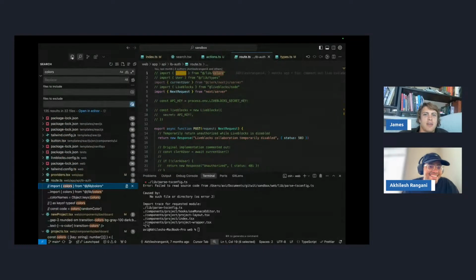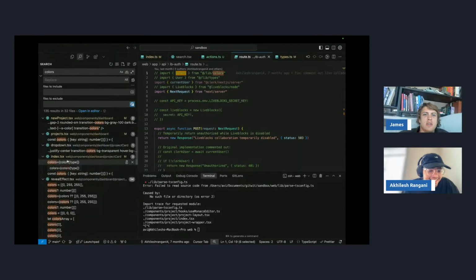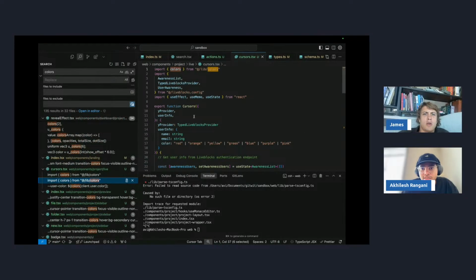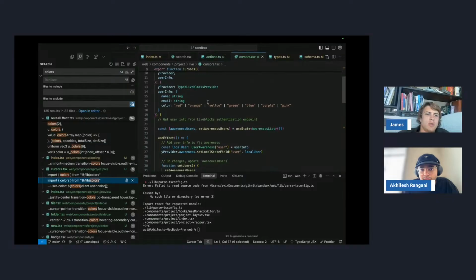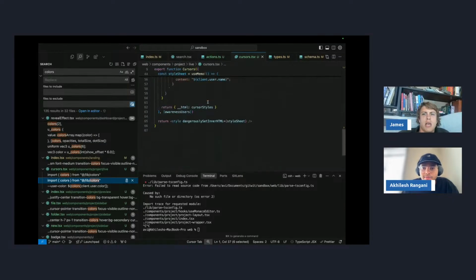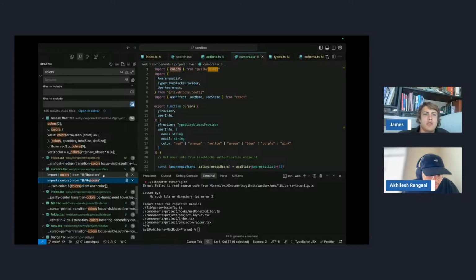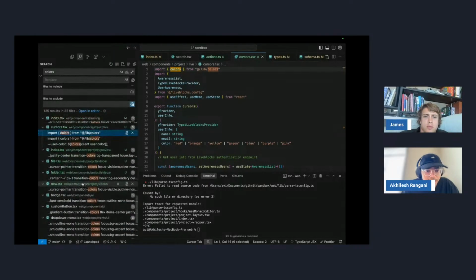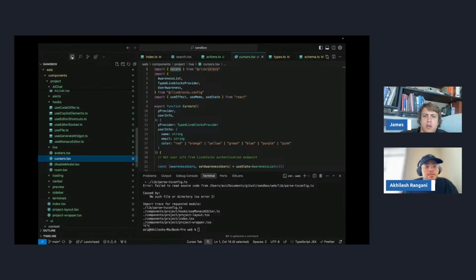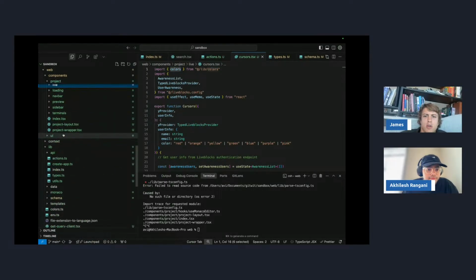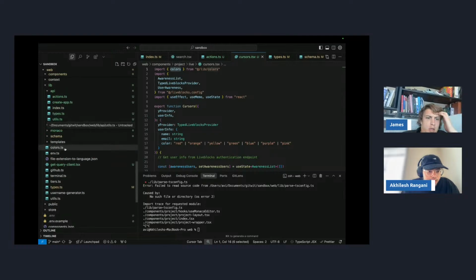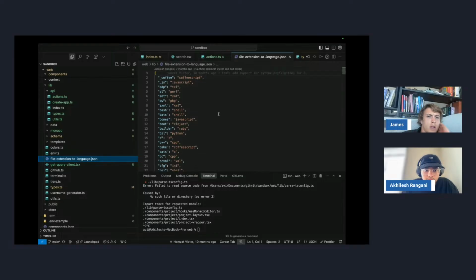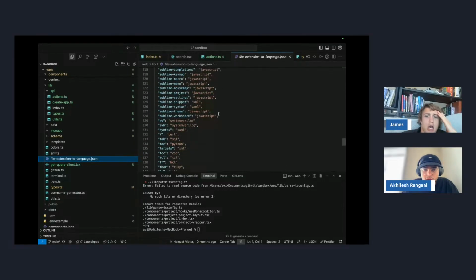I'm gonna delete it. Wait. It's used in... Oh yeah, there it is. It's in curses as well, but that might also be used from live blocks. Oh yeah, that is from live blocks as well. But I think we should do that. So leave it right now and then do another commit where we delete the live blocks stuff. There's a bunch of that. Okay, so colors is done, env.ts is fine here, and then file extension to language.json